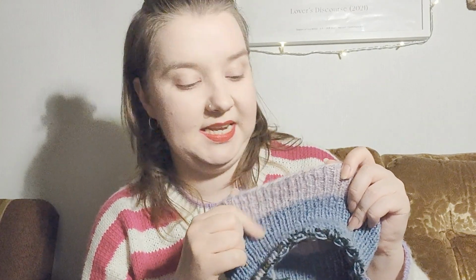Yeah, but I just love the pattern, and Sari is so talented. I'm really looking forward to knitting more of her patterns, as this is probably the very first one. You might also wonder what is going on in here, and this is actually Drops Air, so this very soft blown alpaca blend